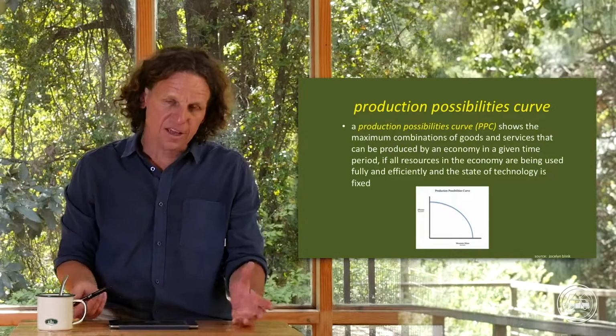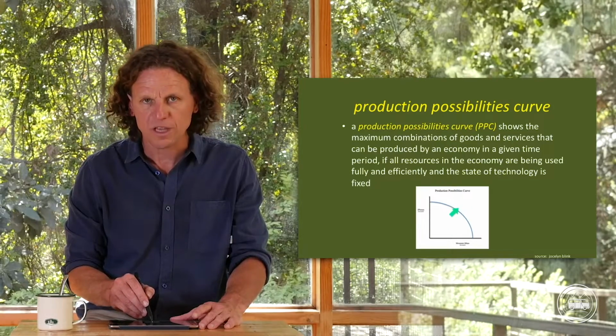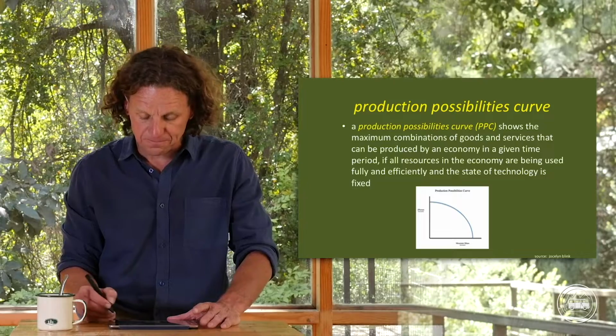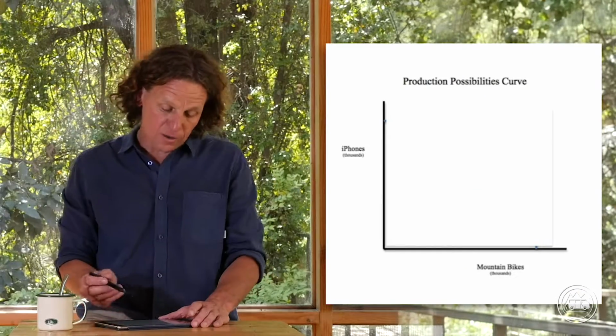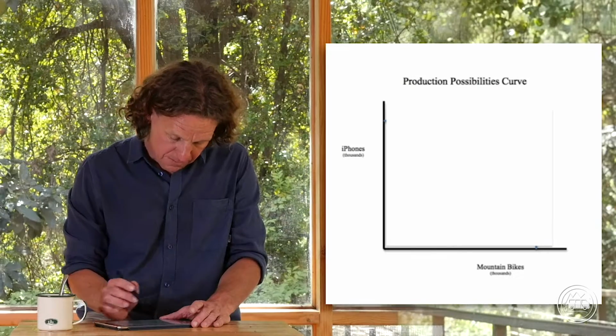So there it is. You're sitting here probably staring at this diagram, and I wanted you just to see what it looks like because that's the complete one. But on the next two slides, we're going to construct it. Okay, here we go. The first thing to realize in the production possibilities curve is that